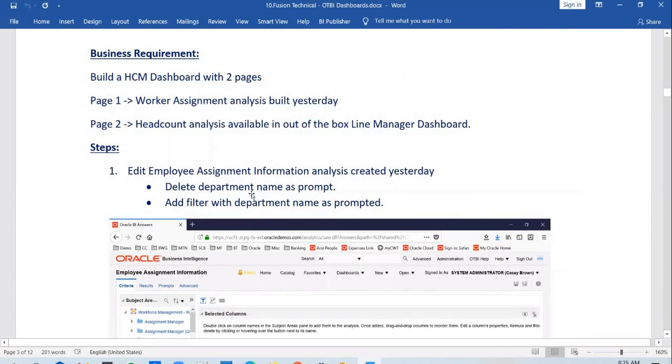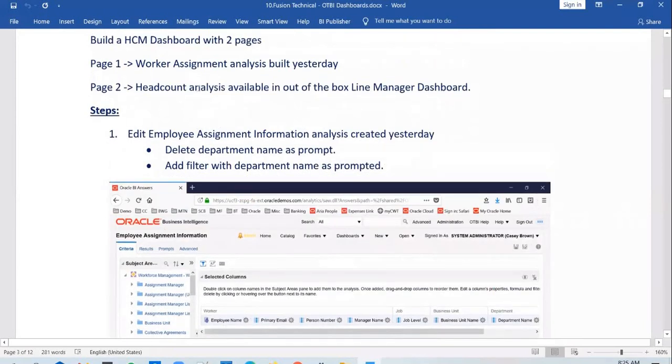And after we do that, I will show you a few changes and how you can perform them, like how to change the dashboard prompt, how to change the report layouts, and so on. So it's more likely that you might come across what we're going to do in page 2 rather than what we're going to do in page 1.